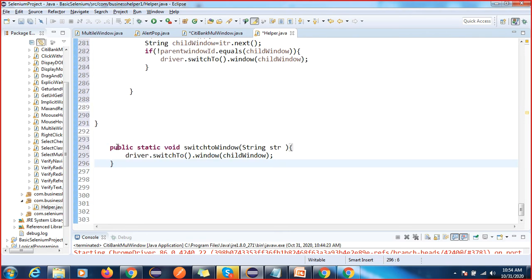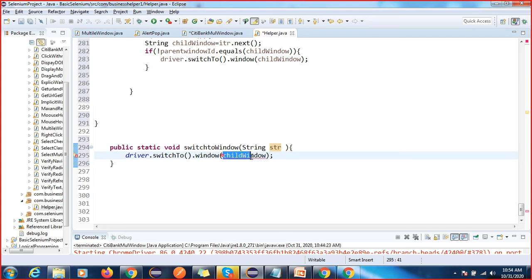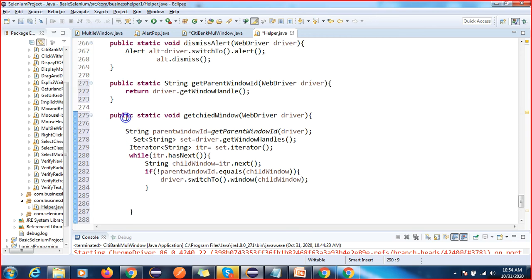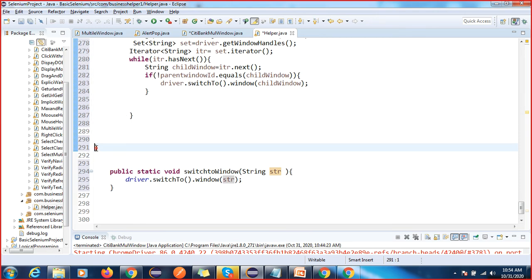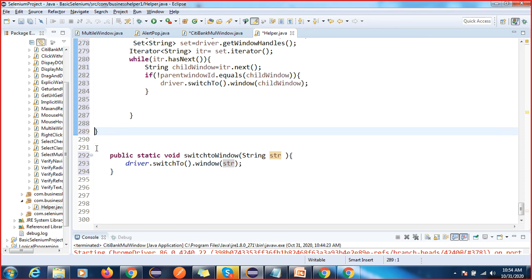So we have to move it outside this method, right? So now I have to give this. It's closing this method here, and we were again creating inside this method. So again, this is your Java concept. That's why I told you, right? If you are good in Java, you can play with Selenium.